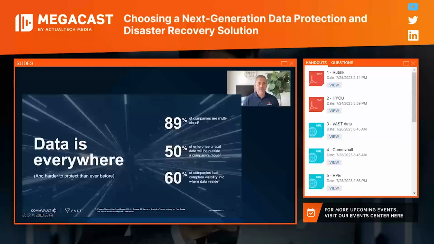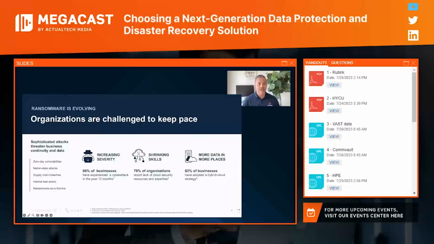All right, so George, let's kind of get into this. I think this is well known, but data's everywhere, right? It's past the edge, it's in the data center, it's in the cloud, it's inside the firewall, outside the firewall. It's just growing like crazy, and it's becoming more complex to protect enterprise customers' data. And it's becoming extremely more difficult for organizations to keep pace at the rate the data is changing.